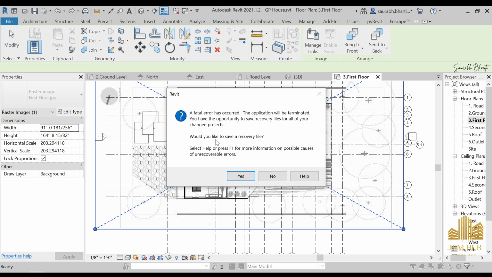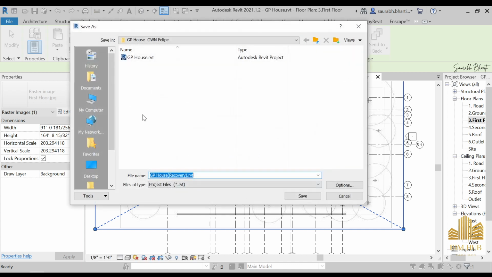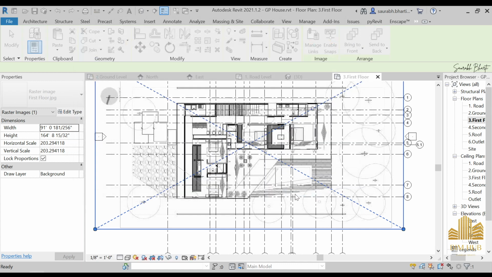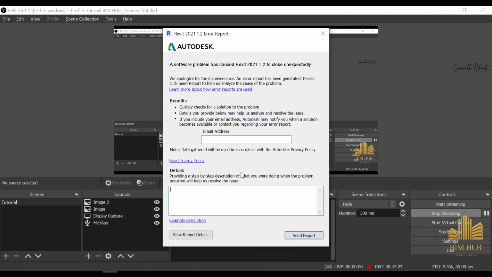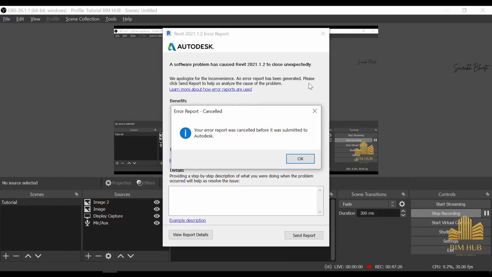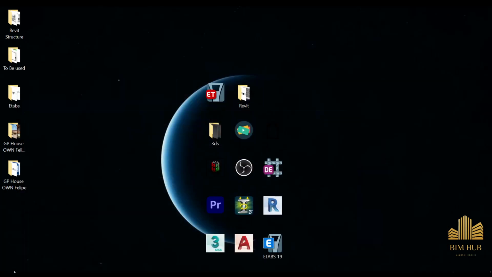Recovery file changes you like, yes, and recovery save, and maybe the recovery file would be saved. Just let me open once again, not a problem. So Revit, I think, got out of memory,